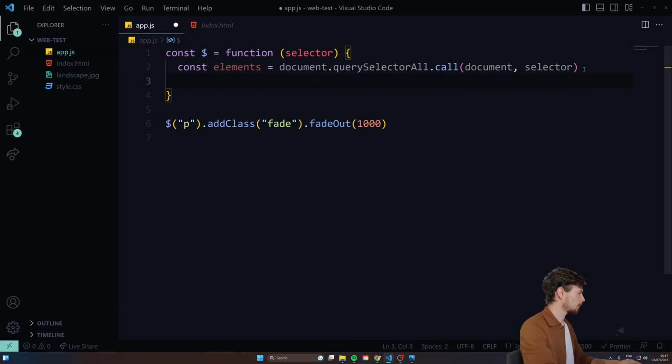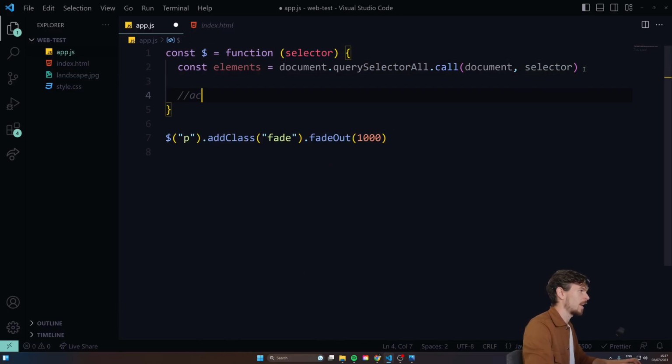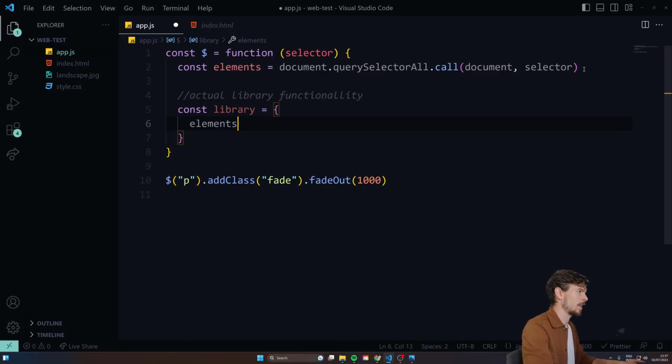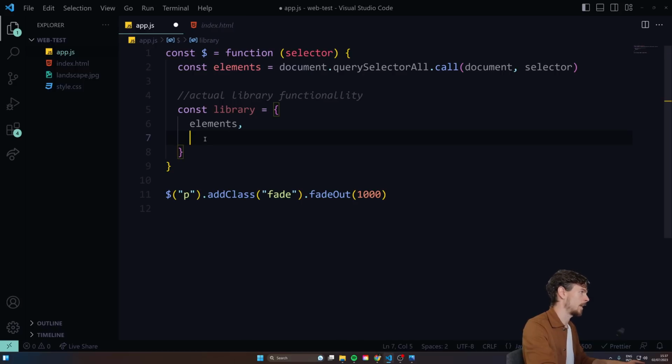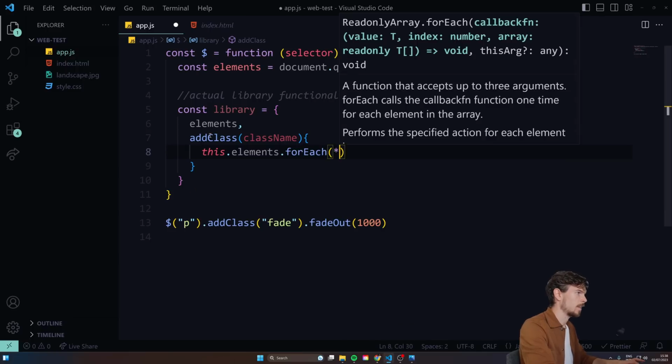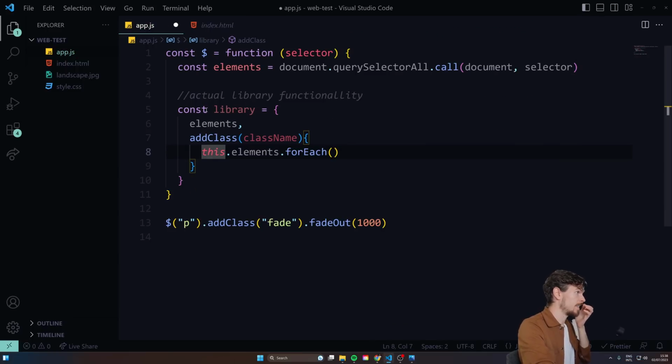All right, cool. Now what we'll do is create our actual library functionality. That's misspelled for sure. So what we'll do is call it library. And here, the first thing we're gonna pass in is the actual elements that we're gonna animate. And the second parameter can be all of our different methods. So we can maybe do an addClass that's gonna take in a class name. And here what I wanna do is call this.elements.forEach. Again, if we have a look here, the this keyword references the actual library object. So I'm calling basically library.elements, and for each element that we have,